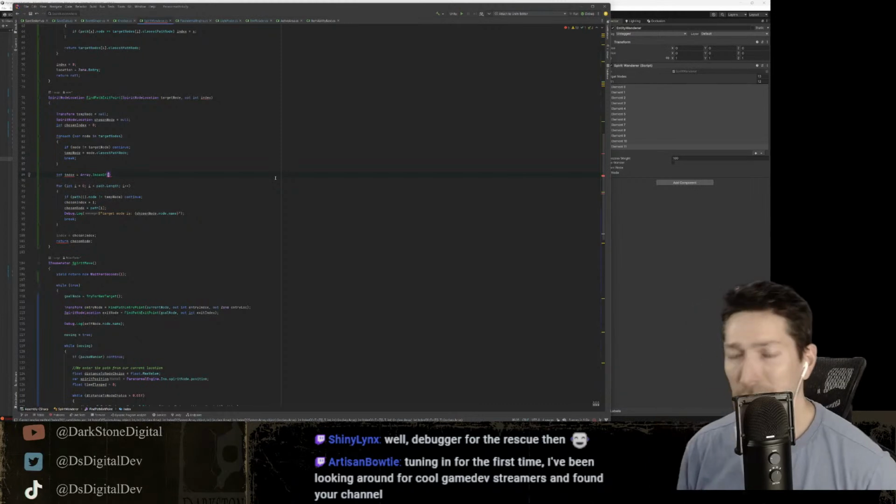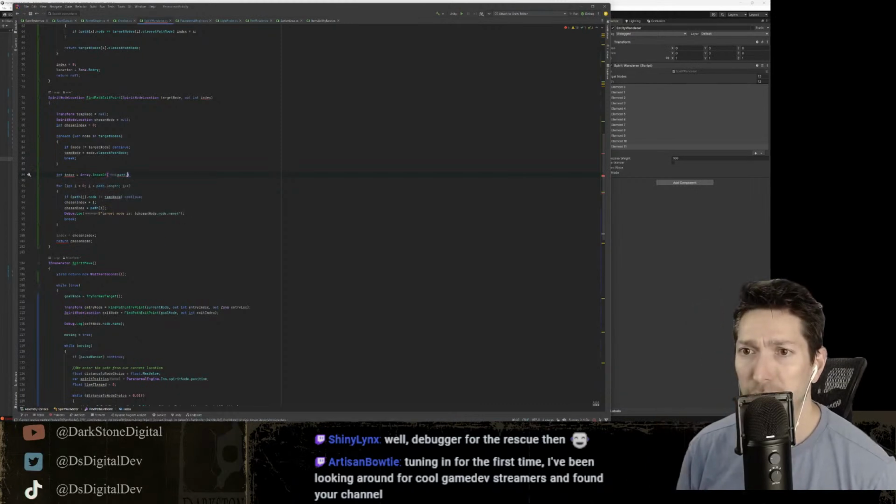Because I'm trying to find the index of this, so I could just say path and then get the index of temp node. But I'm looking specifically for that, which is the problem. That doesn't actually work.